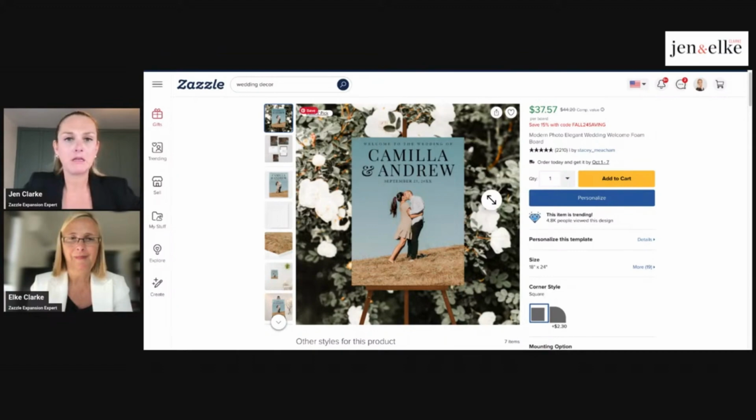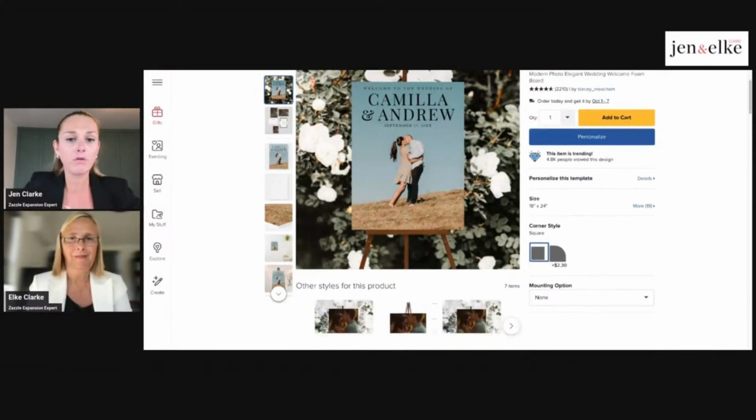If there was something that needed to be fixed on the design, myself or Elka would personally go in and personalize it and rearrange your design so that it looks better. And then we'll give you the permission to actually sell that version of your own design that will be manipulated. And we've seen a lot of success from that, because sometimes people just need a little bit of a tweak in their design or a tweak in their titles and tags, and also their cover photo,